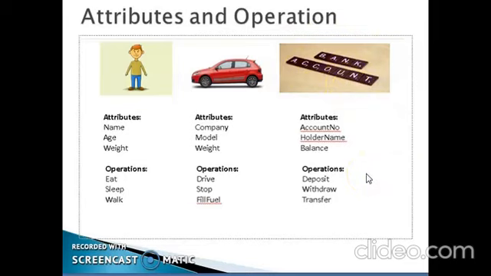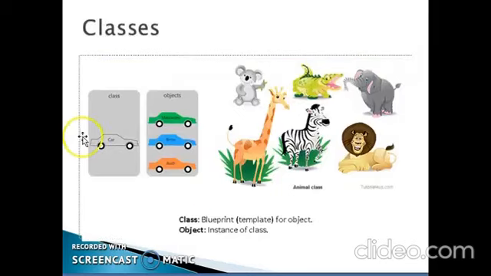Okay, I'll take one more example here for a class. Consider there is a rich person who is owning 3 cars. One is a Mercedes, another is a BMW, another is an Audi. So he is having 3 cars. All these vehicles that he is owning are cars.